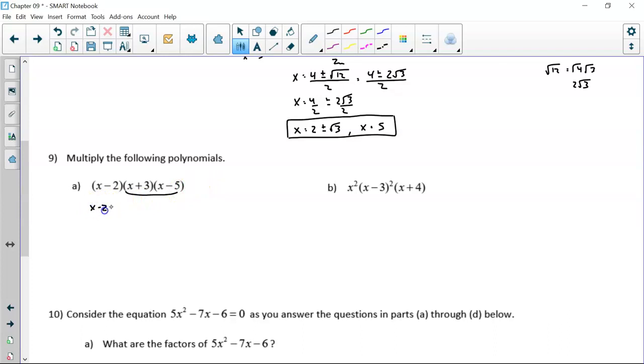So that leaves me x minus 2 times, so when I multiply, I get x squared minus 5x plus 3x minus 15. Now we combine our like terms: x squared minus 2x minus 15, times x minus 2. Now we multiply the binomial and trinomial. Distribute the x, we get x cubed minus 2x squared minus 15x. Distribute the negative 2: negative 2x squared plus 4x plus 30. So when I combine, x cubed minus 4x squared